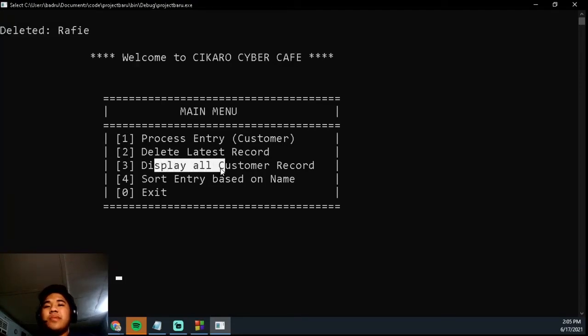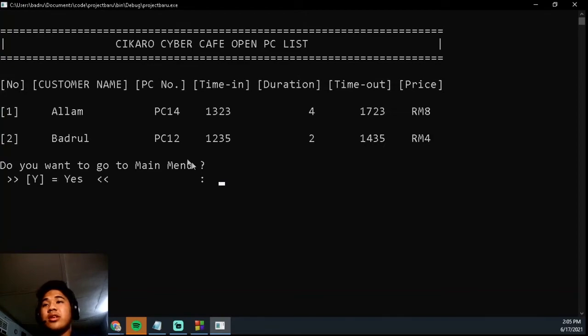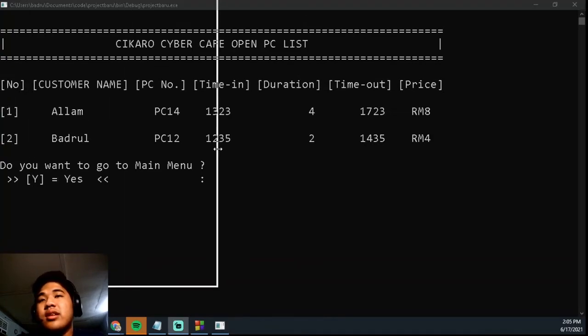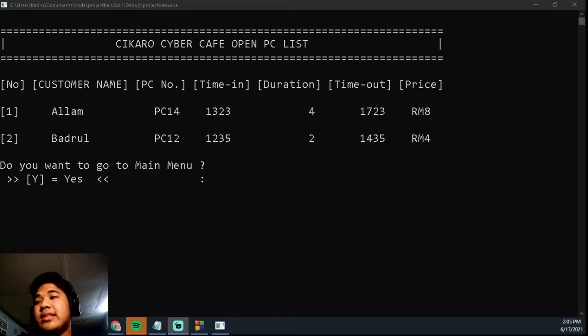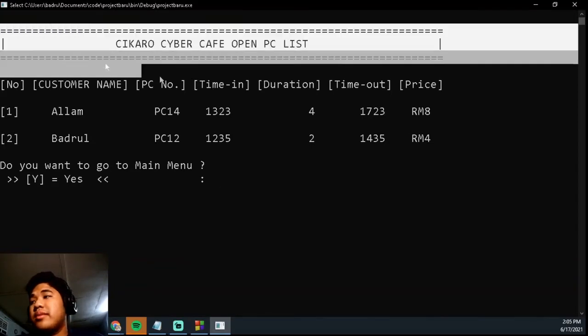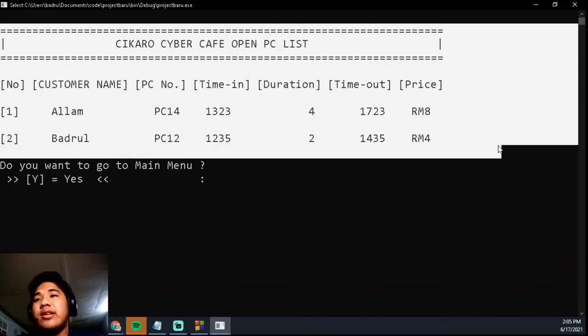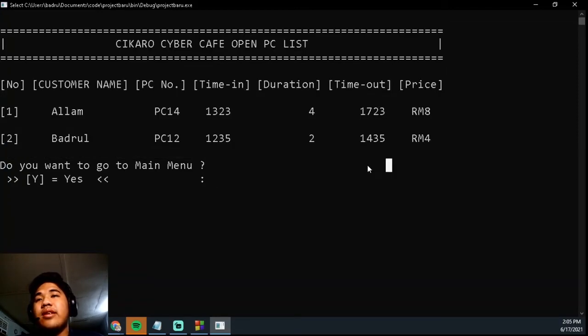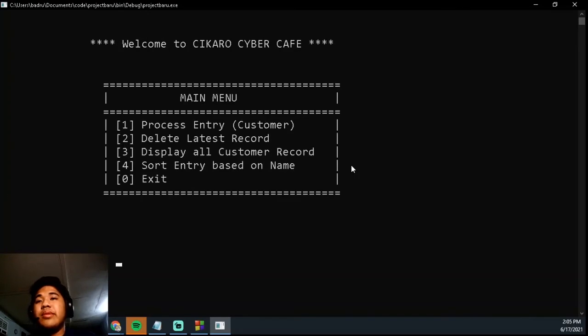We can display back all the customer records. As you can see, our system has deleted Rafi's data. Let's go back to the main menu. And lastly, the exit option. When the user enters 0 as input,